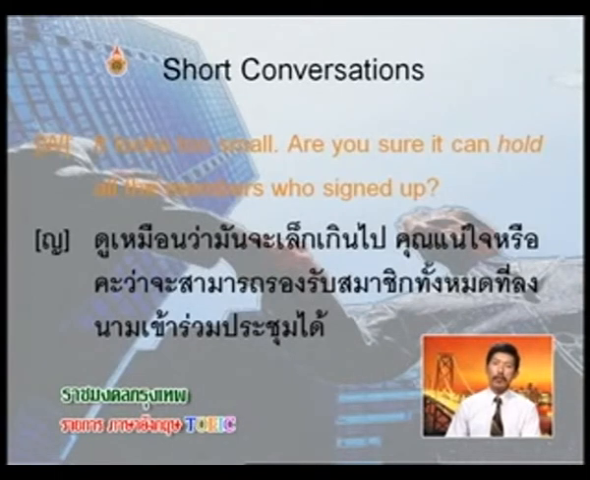So this means that the woman is complaining that she is afraid that the meeting room will be too small. There might be a large number of attendants, and she is afraid that the room is not able to hold